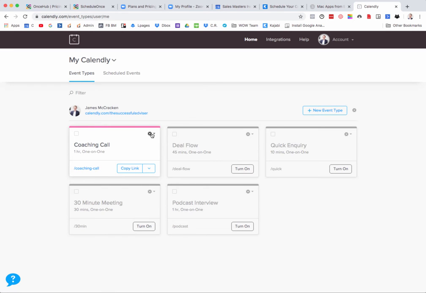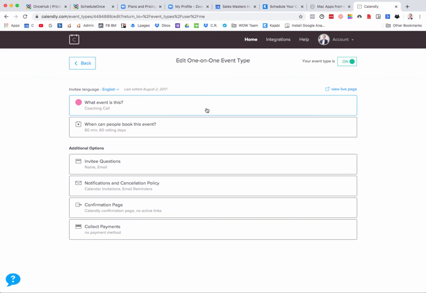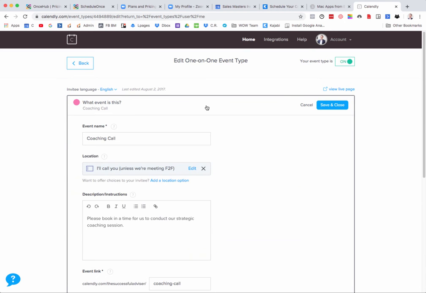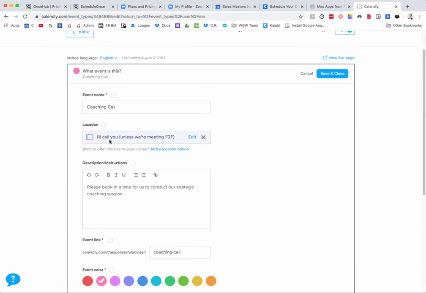Okay, so let's have a look at how you would select your Zoom link to be integrated with your Calendly option. So first thing to note is that your calendar is already connected to whichever online calendar system you use, i.e. your Google Calendar or your Microsoft Calendar. You will do that. That's part of the registration that you use when you begin. So right now we're just organizing the next layer in the process, and you'll see here under location,